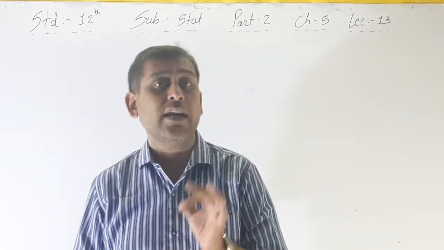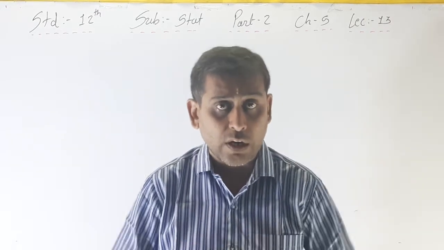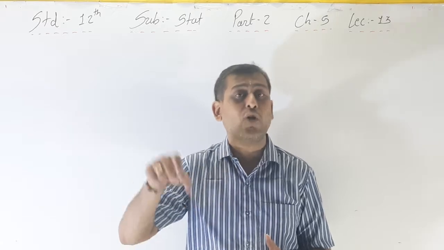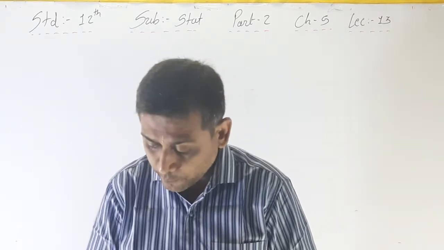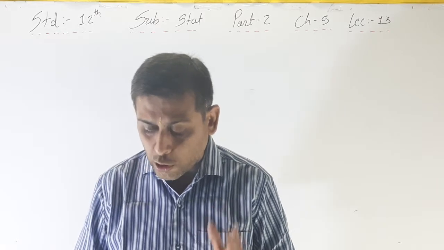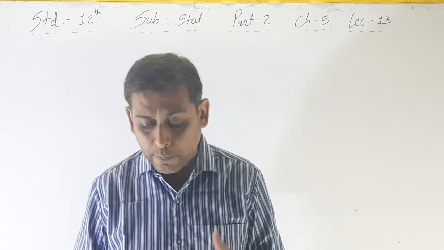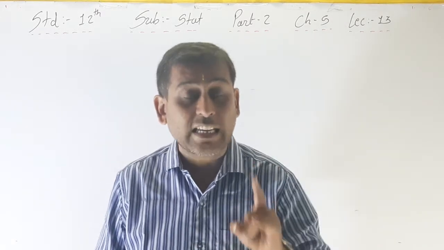Method number 9, that is maximum value and minimum value of the function, we are using here to find the minimization of cost as well as maximization of revenue and profit. We know that the production cost is C, the revenue is R by selling produced items, and profit is P, capital P.